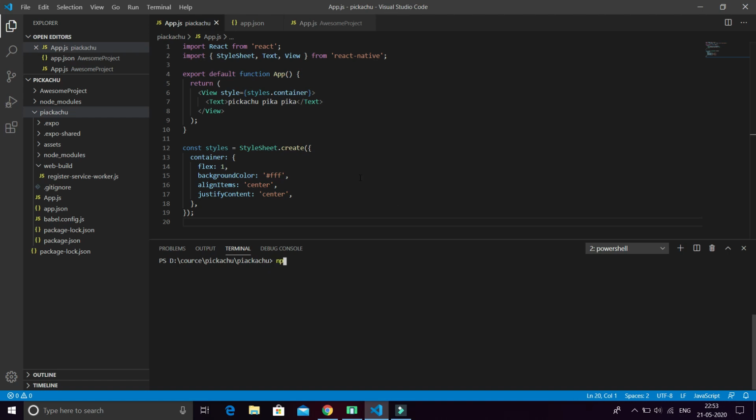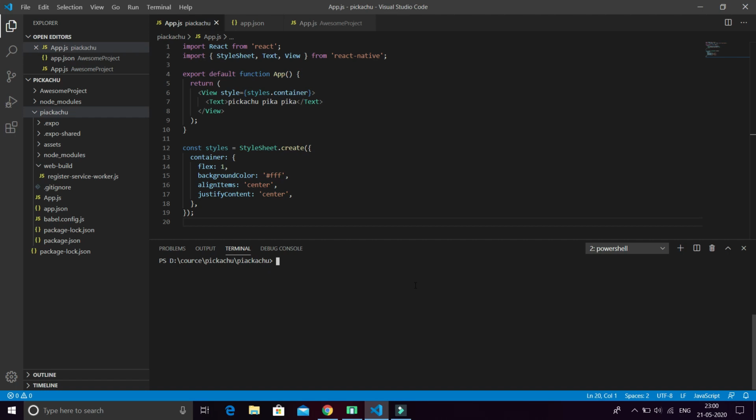So type here npm install react-navigation-stack and press enter, and you see everything start. After the React Navigation stack is installed on your PC, type another command.